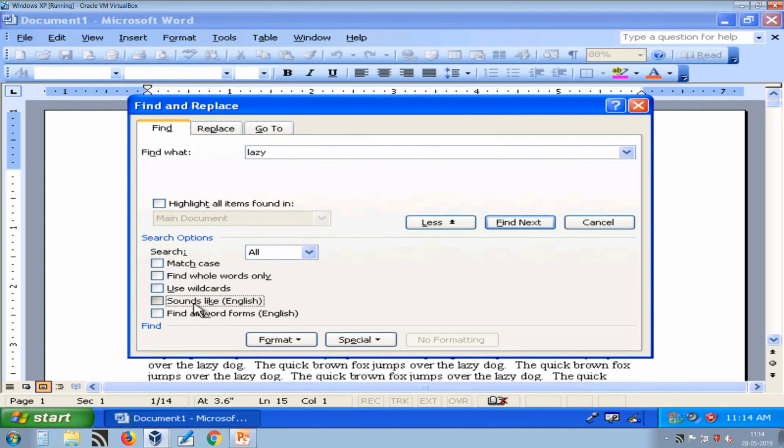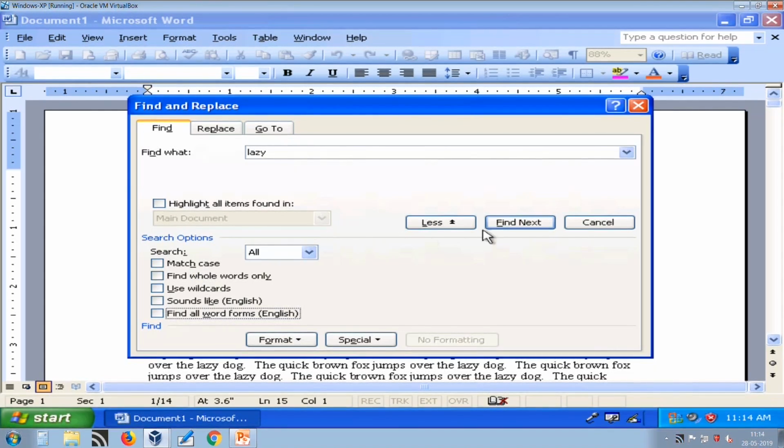and it ignores sounds like. For example, these in singular and these in plural sound alike. So, we can ignore this kind of error. Here, find all word forms also tries to find out similar forms.